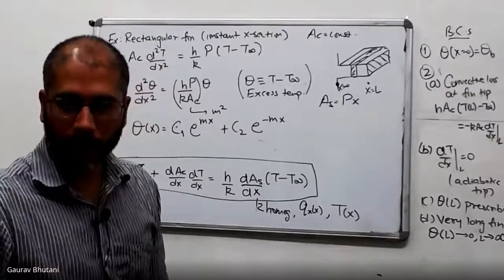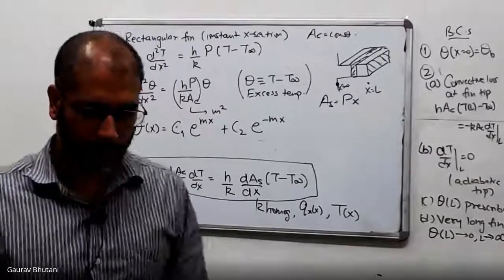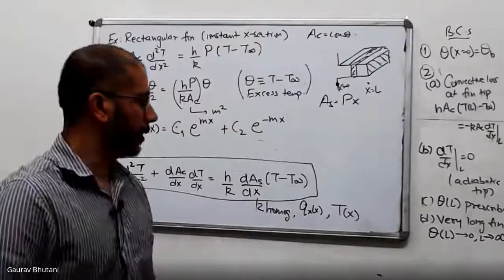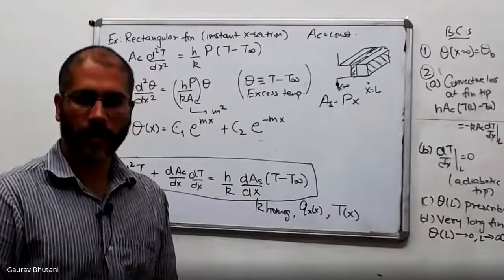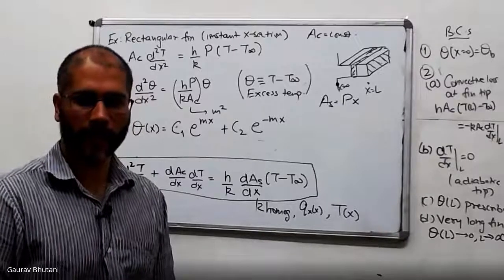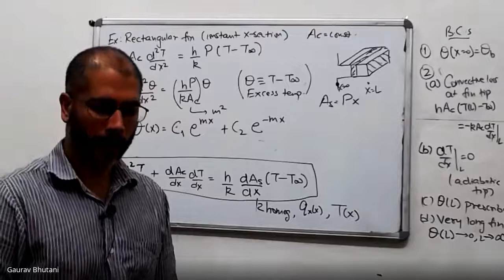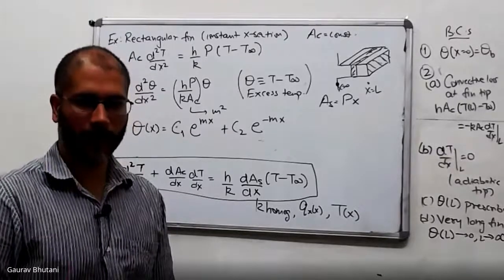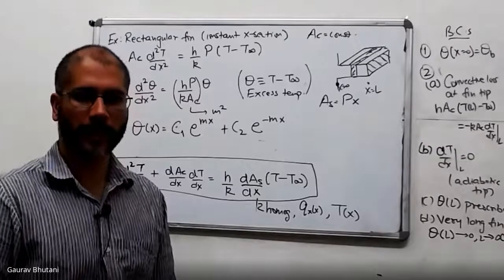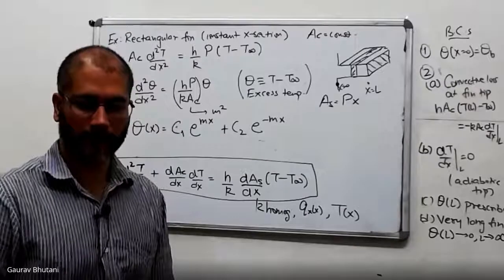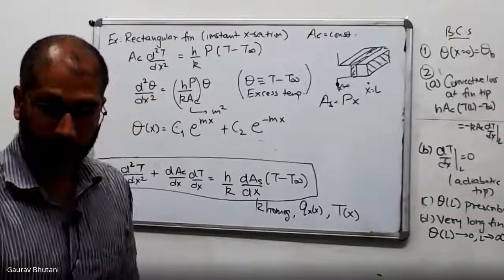So we will stop here now, and in tomorrow's class, I will talk about how you judge if adding a fin would be useful or not. We'll talk about two quantities. One is called fin effectiveness, and the other is called fin efficiency. You have to calculate those while designing fins and decide whether you actually want to use a fin or not. Any questions?